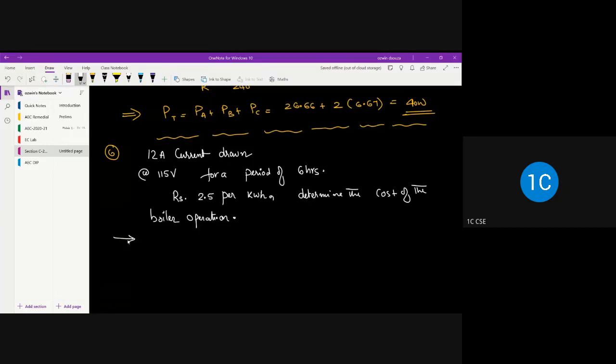Here we have been given only one particular load, but in our home, we have multiple loads, right? If we know the duration of operation, we can easily calculate the electricity bill. That I will do sometime later. I will make an activity to roughly estimate the electricity cost. We will do it sometime later.